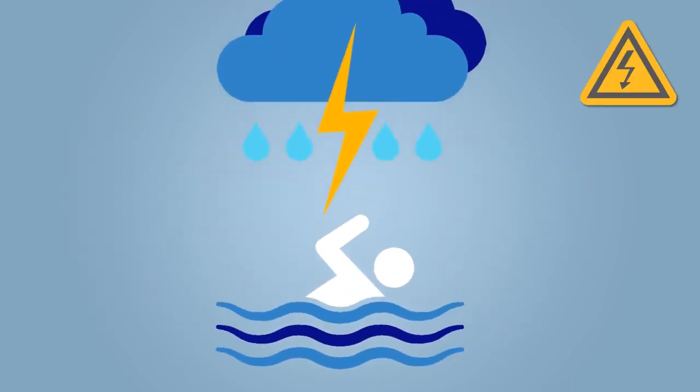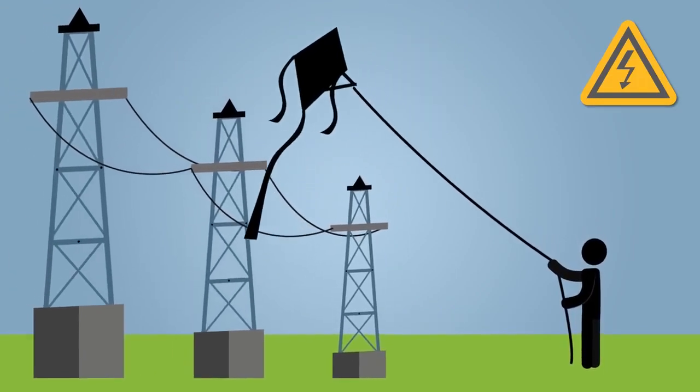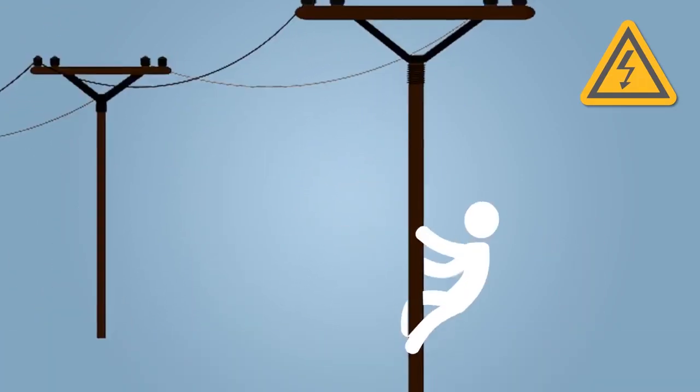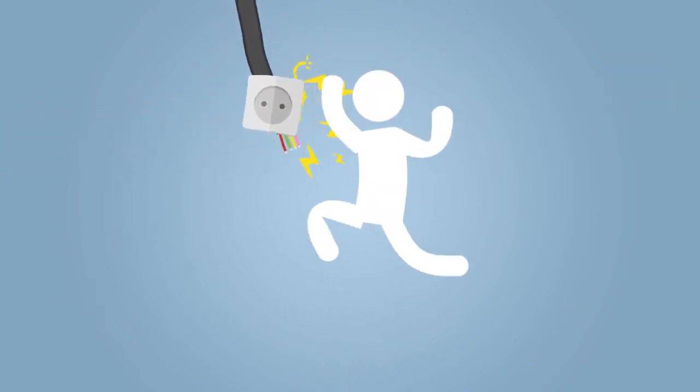And you should not swim during a thunderstorm, fly anything near power lines, kites, drones, etc. Climb utility poles or the trees around them. Doing all of these things can help you avoid shock